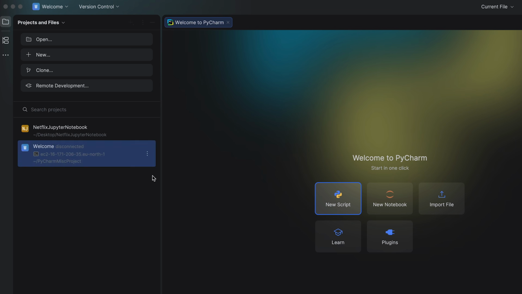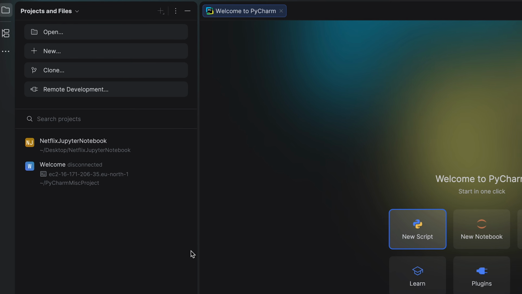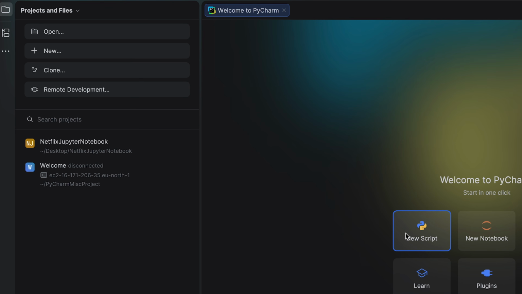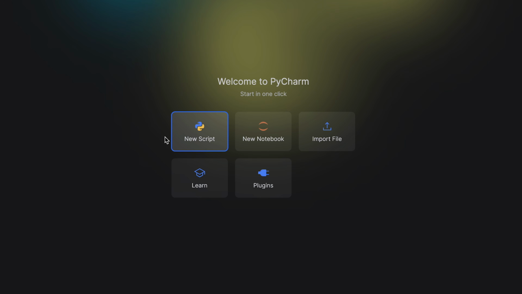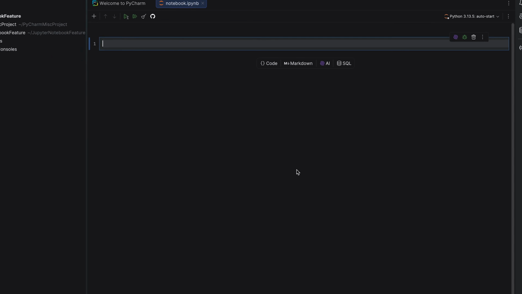That's where you'll find actions like New Project, Open Project, Clone Repository, and Remote Development, as well as your list of recent projects. Inside the tab, you'll also get quick actions such as New Script, New Notebook, and Import File, each opening right in the IDE as a new tab. The goal is to make this screen feel like a normal workspace tab so you can open and run code